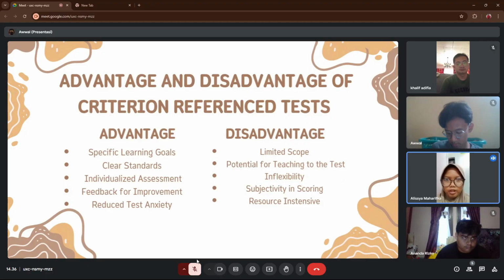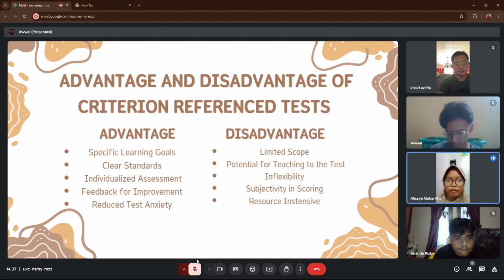CRTs focus on specific skills or knowledge, making it easier to determine whether students have met particular learning objectives. Two, clear standards. They provide clear benchmarks for what students need to know, which can guide instruction and curriculum development.